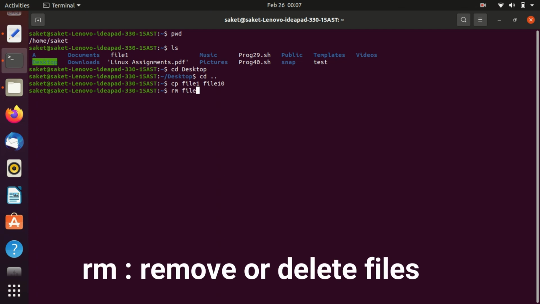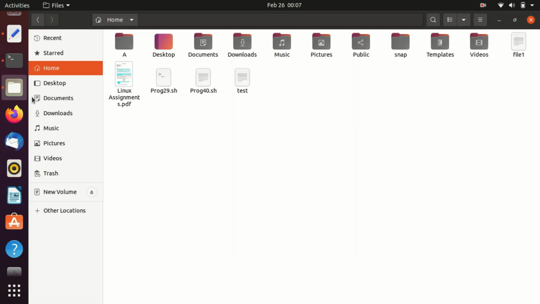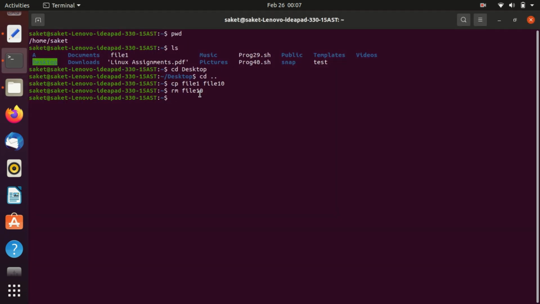So I will write rm and then the file name that I want to delete. After pressing enter, we move to our file structure and see that no file 10 exists now. So file 10 has been deleted successfully.